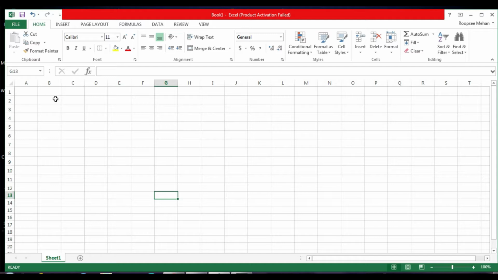For example, I want to write some series or the serial numbers we can say. For example, we write 1, then press enter using the keyboard, then write 2, pressing enter, 3, 4, 5, 6, 7 and so on. Now if I want to write the counting or the serial number or roll number till 50, I have to keep on typing and keep on pressing enter. So let's see how we can do in a shortcut way.